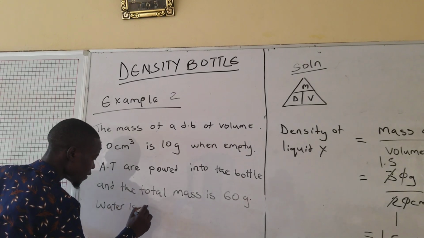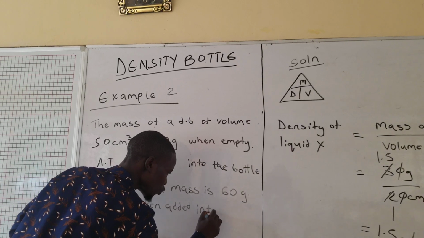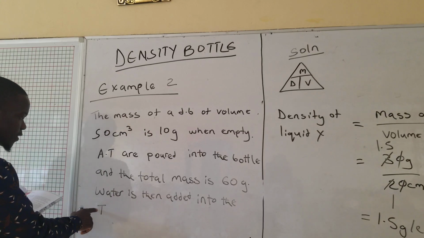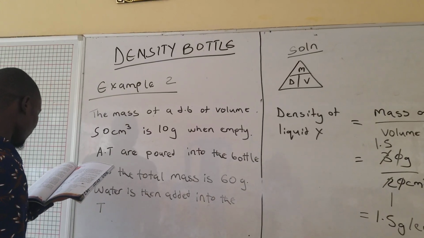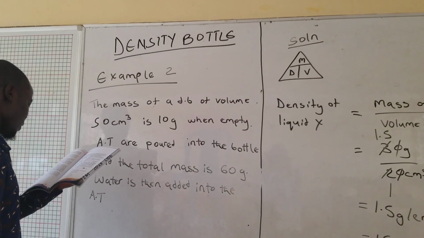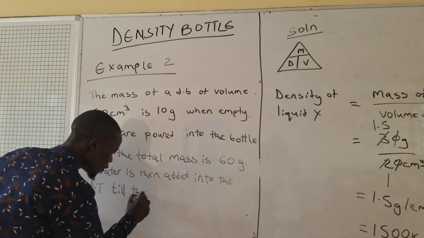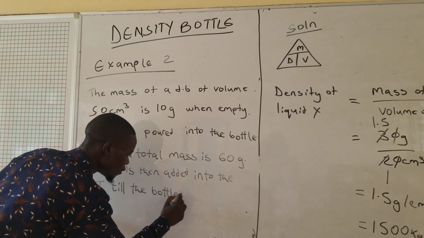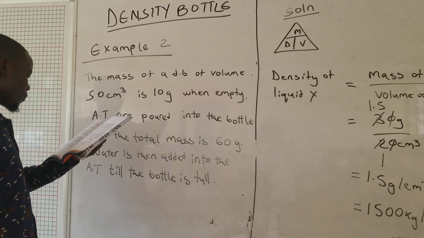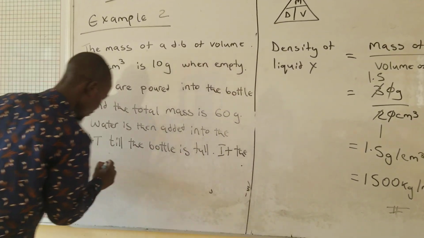Let me abbreviate it as AT, aluminium tannings, till the bottle is full. Full stop. If the total mass of the bottle and its content